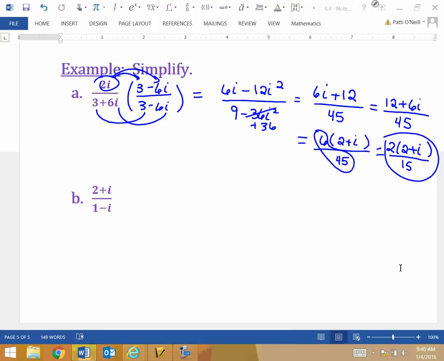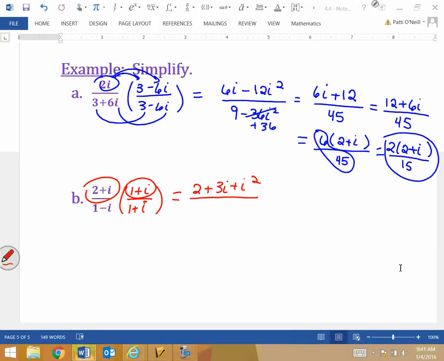In the second problem, 2 plus i over 1 minus i, the complex conjugate of that denominator is 1 plus i. So I multiply by 1 plus i over 1 plus i. This is the equivalent of 1, so it's not changing the meaning of the problem, it's just changing the look of the problem. The numerator this time is actually a binomial times a binomial, so I need to FOIL this. 2 plus 2i plus i is going to give me 3i in the middle. I multiplied those together and added together. Plus i squared over